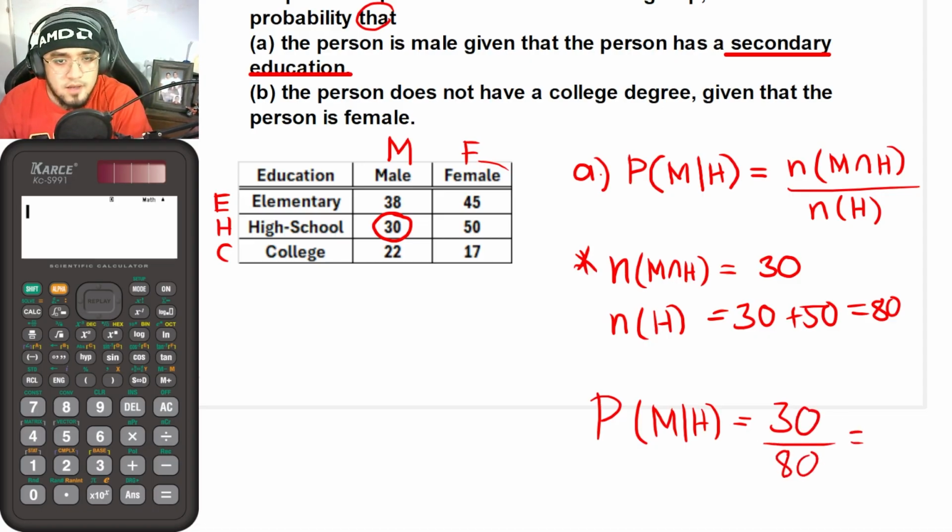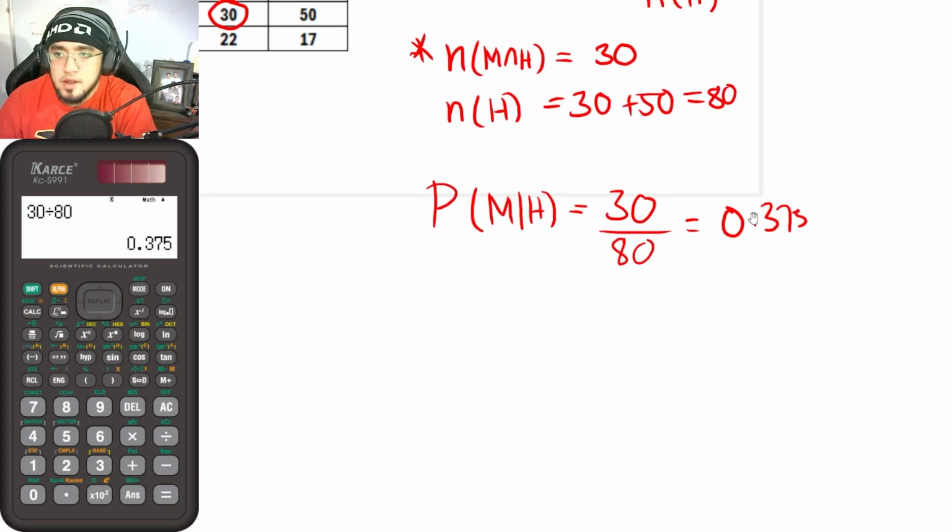So I think this is 37%, but I'm not sure. So let us just use our calculator here. So 30 divided by 80, that is now 0.375. So 0.375, or if you would be multiplying it by 100%,